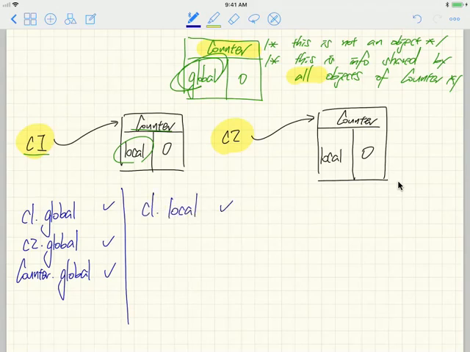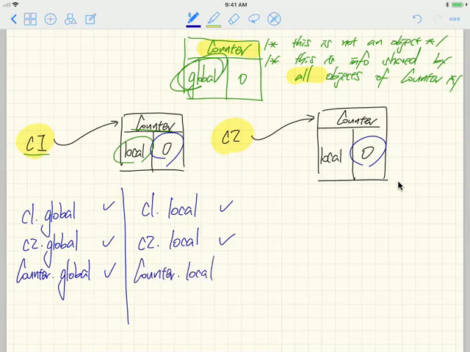Now, let's try to contrast over here. If you say c1.local, that will compile, right? We're talking about this copy over here. When you say c2.local over here, you're talking about this copy here. That will also compile. However, if you try to say